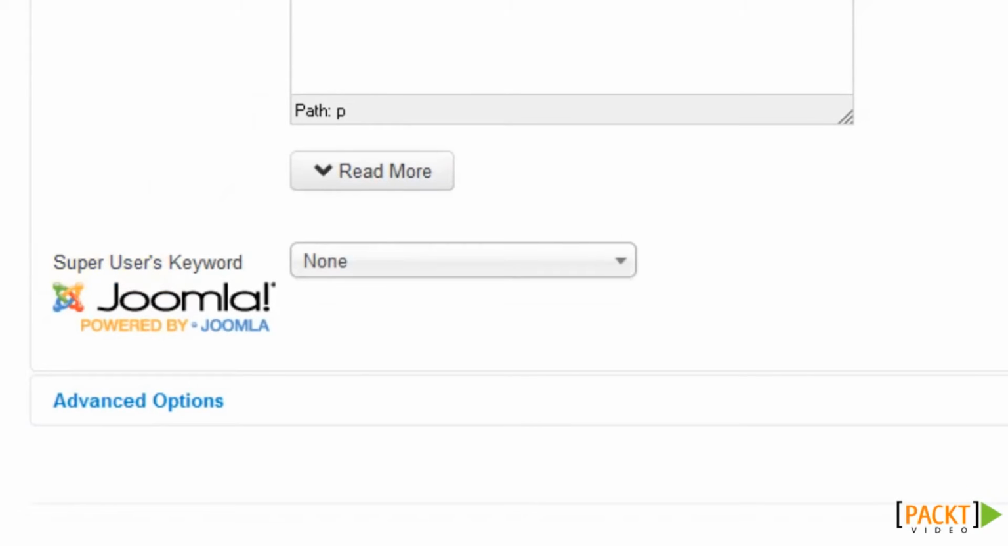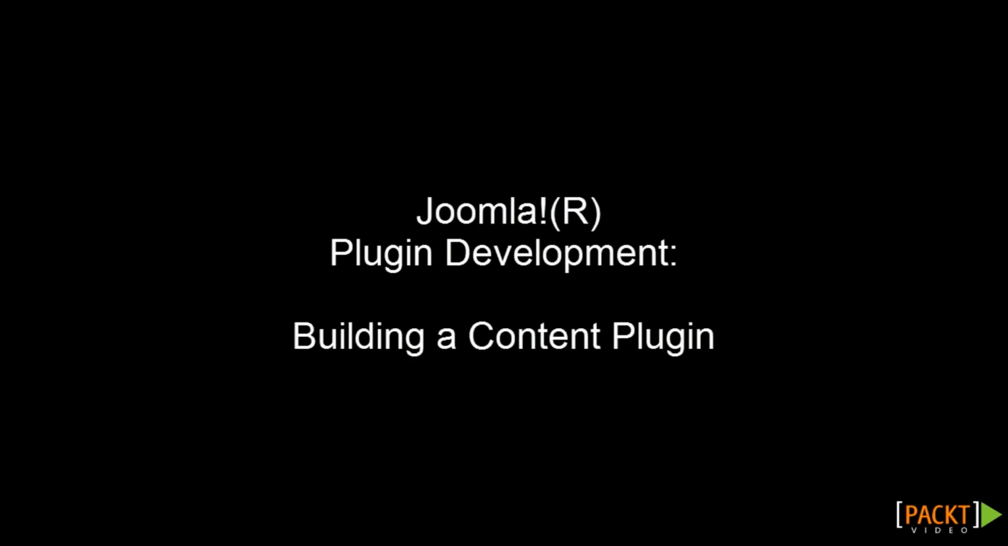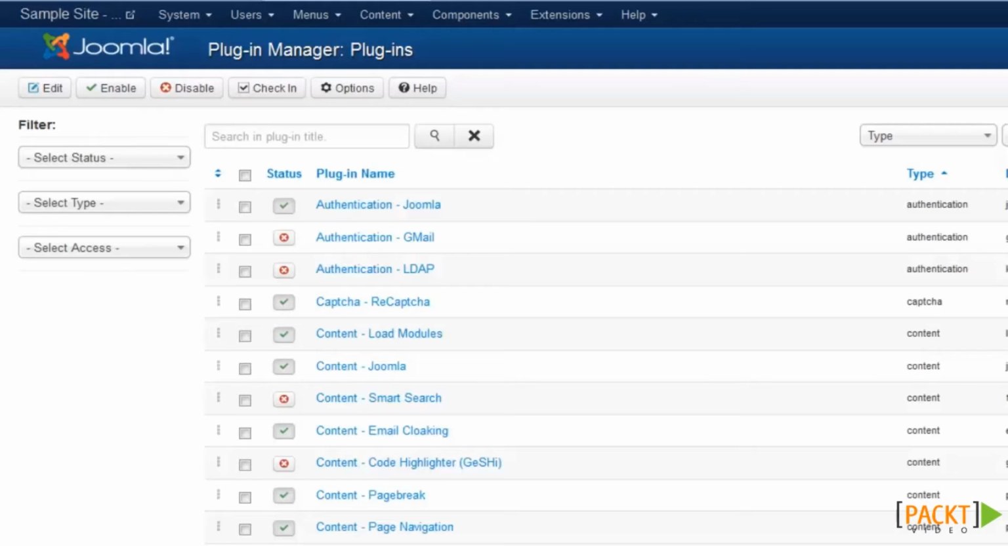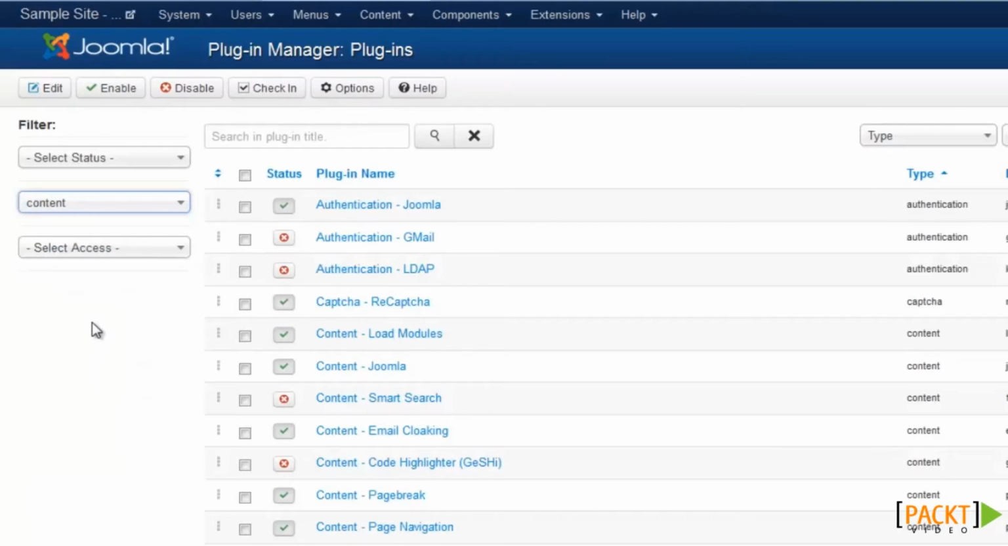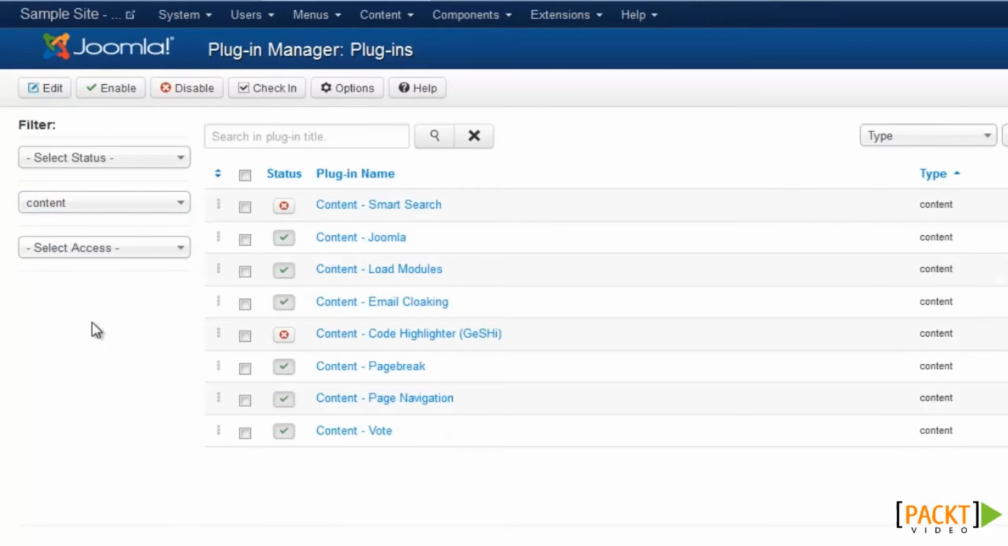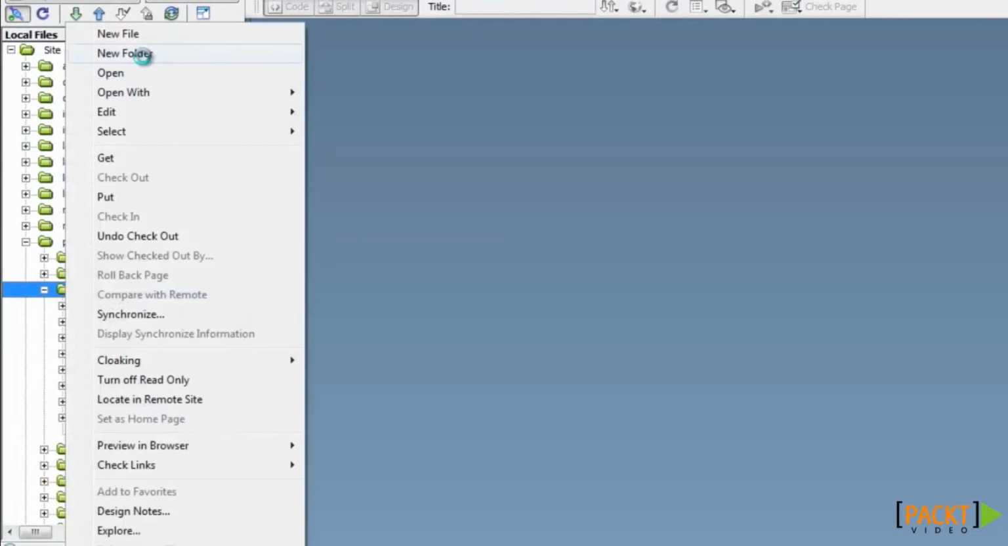In our next exercise, we will begin our section on plugins. Joomla plugins are code that run when certain events take place. In this exercise, we will look at plugins that act on content articles. For our first plugin, let's insert a recipe into an article. We need two files for this,